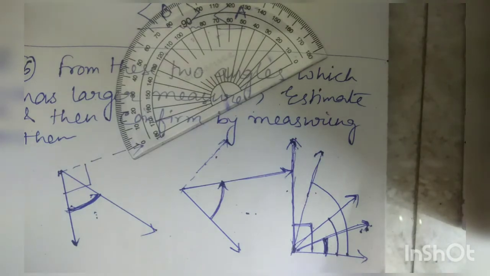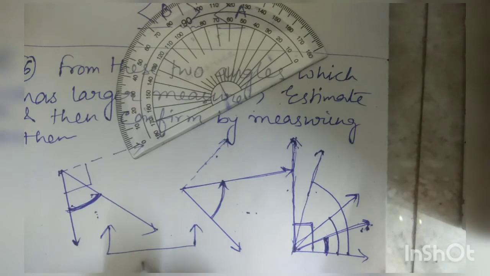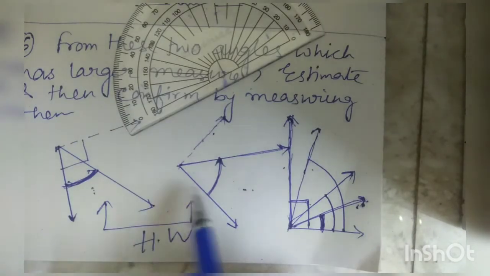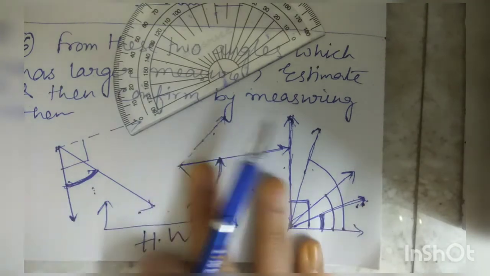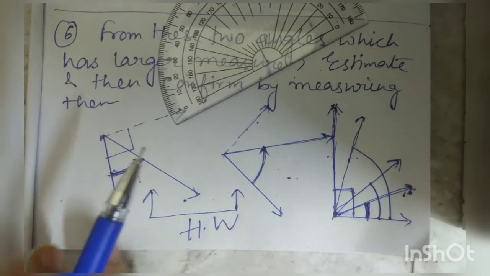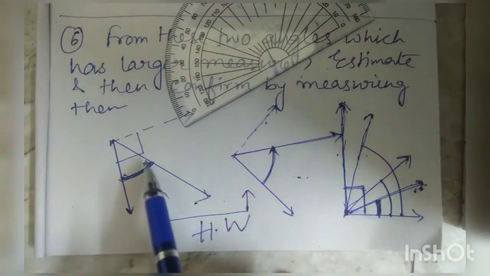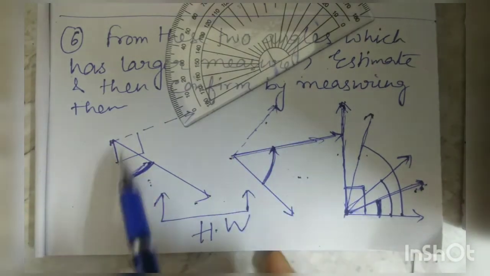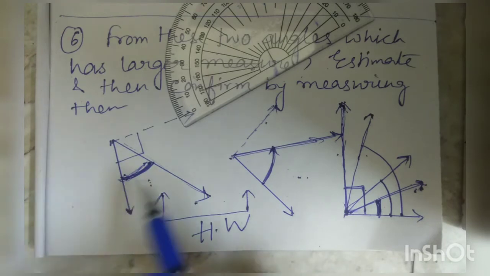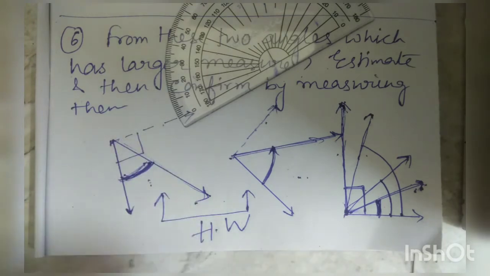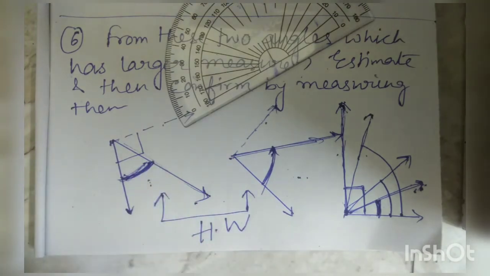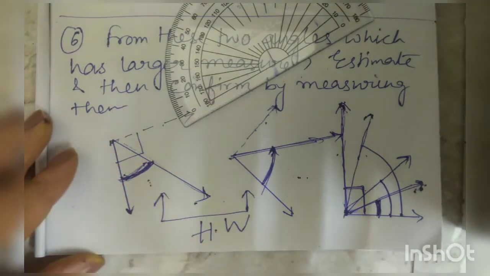In this way we can estimate. Now the measurements of these two angles you will do yourself. That's why this will be your homework. You will do the exact measurement with the help of a protractor yourself, and by estimation we can easily find which ray is nearer to this 90-degree ray. After that we can easily say that this one is bigger than this one. Now let's come to the next question.